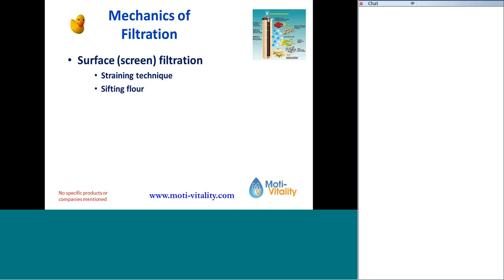Now, the thing with surface or screen filtration is it actually creates the second type of filter, which is a depth filter. So all the stuff that it has filtered out on the top there,